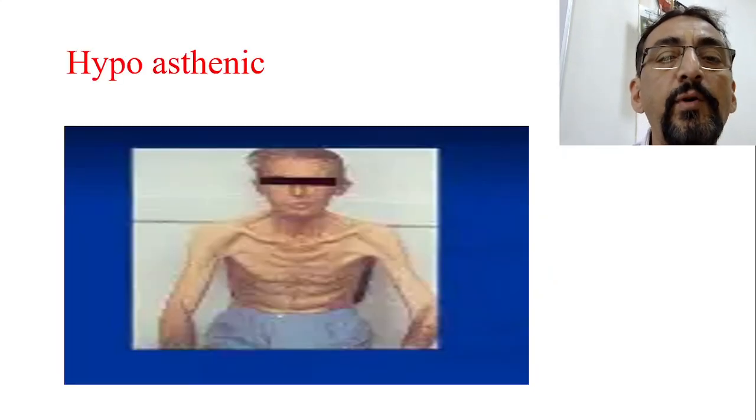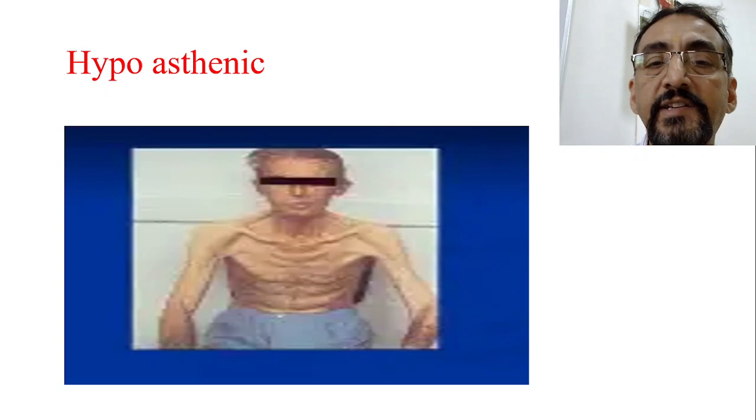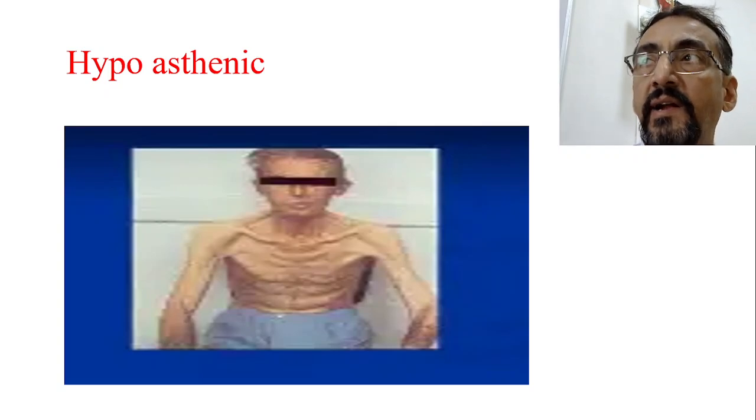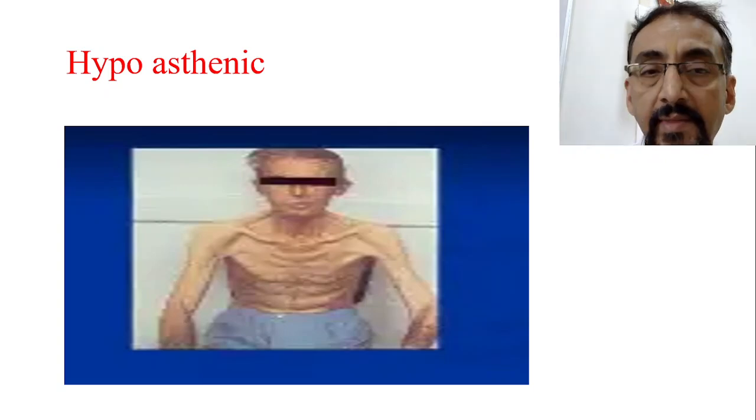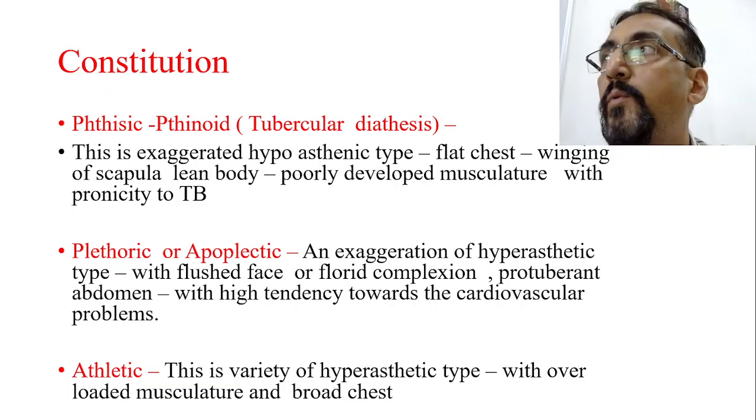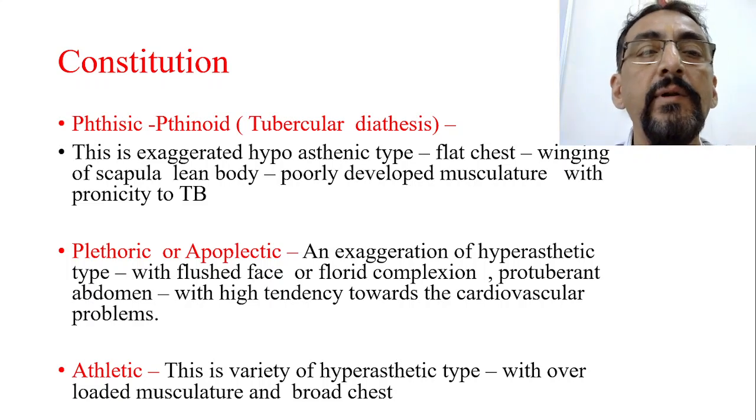This is an example of hypoasthenic, where you see a long flat chest, a long neck, slender fingers, and very flat arms. The other types of body constitutions are also there. For example,